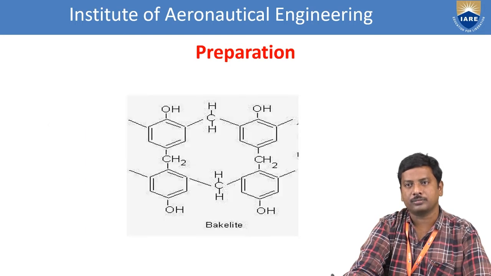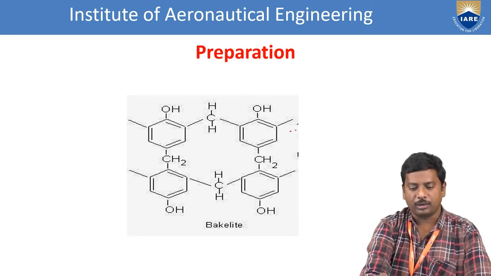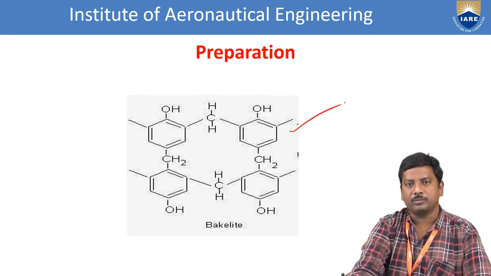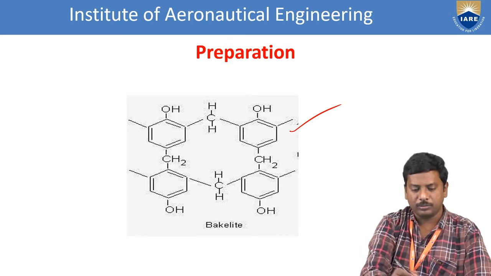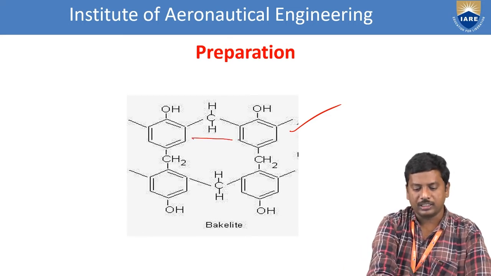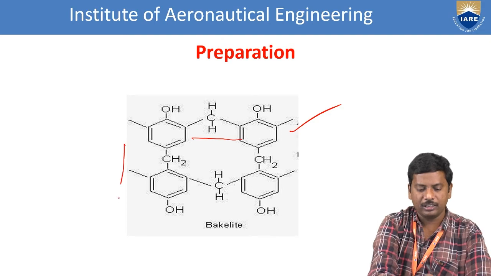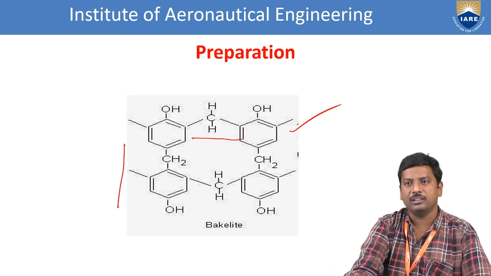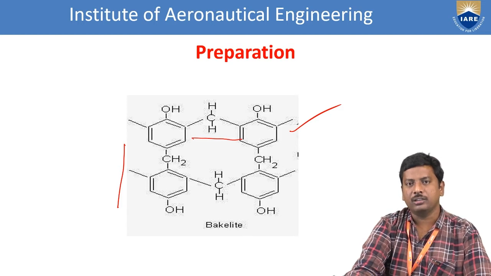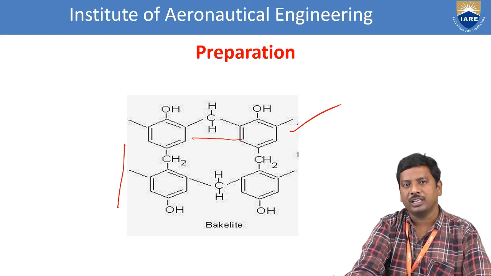See the structure. This is the structure of the bakelite. In novolac resin, we observe only the top structure, but in the bakelite, we observe the total structure. That means we observe in bakelite both horizontal links and vertical links. So this is nothing but a cross-linked polymer. Because of this cross-linked structure, the polymer gets high stability. Okay, so this is the total preparation of the bakelite.